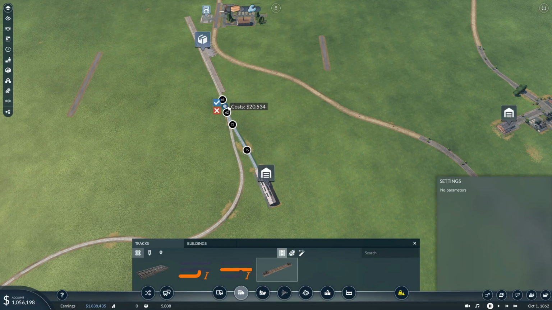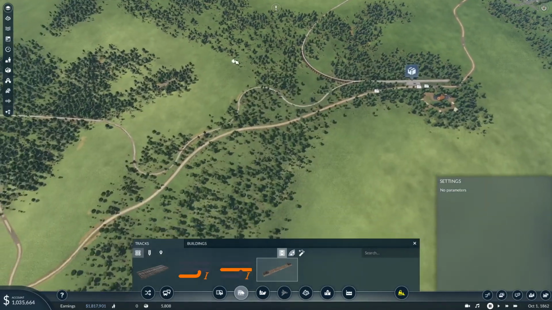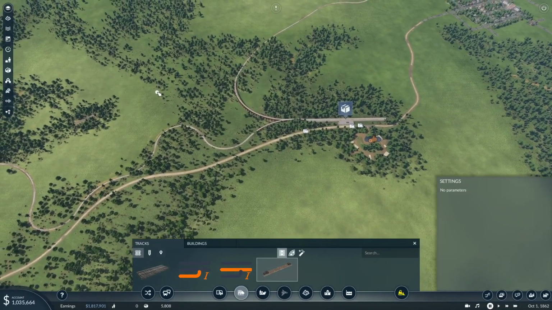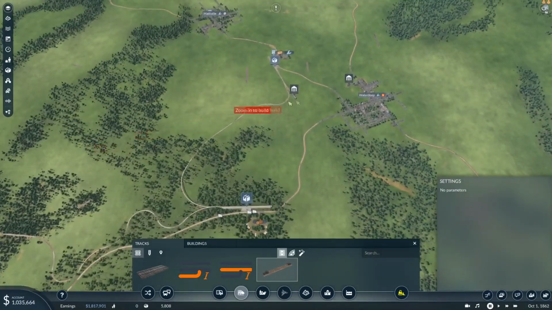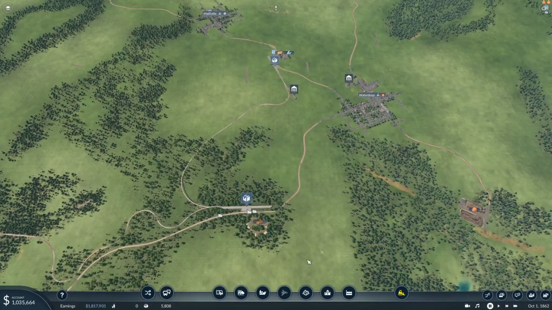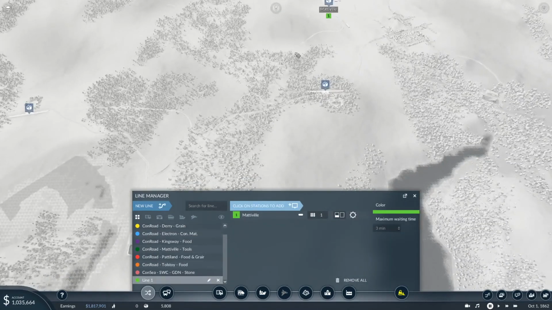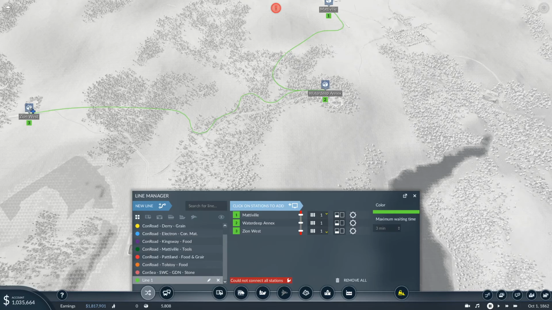Alright, let's hook up the depot. And yeah, I think that's going to be okay. Alright, so let's get into, let's build this line. It's going to go from here to here to here. Yes, because,